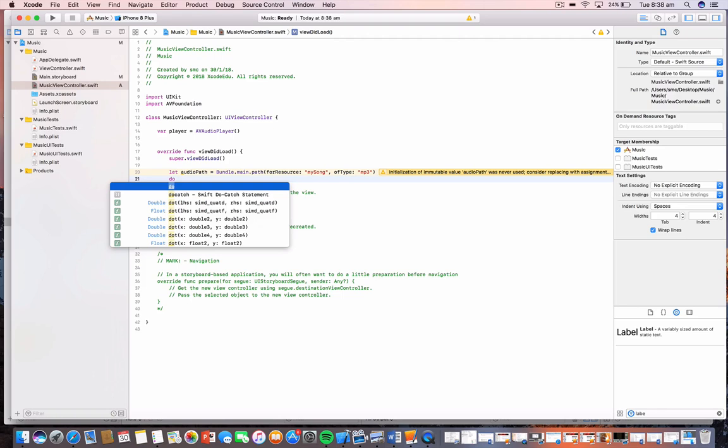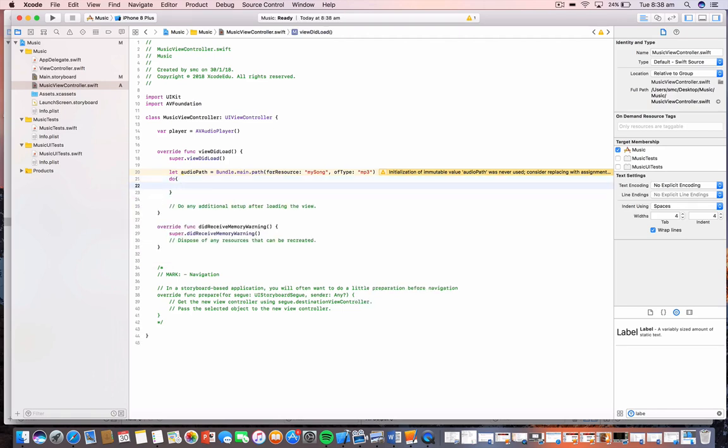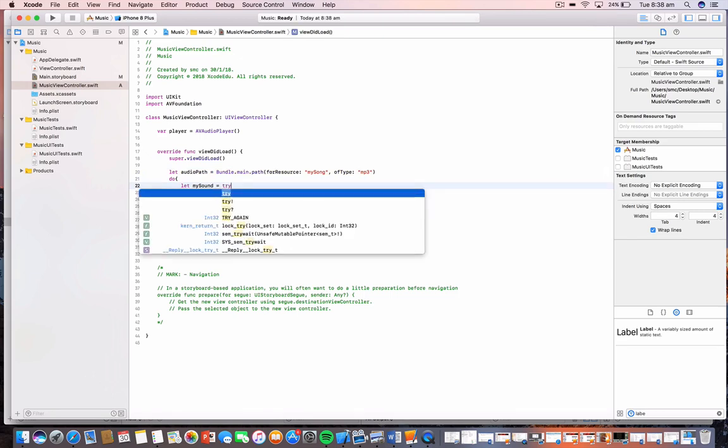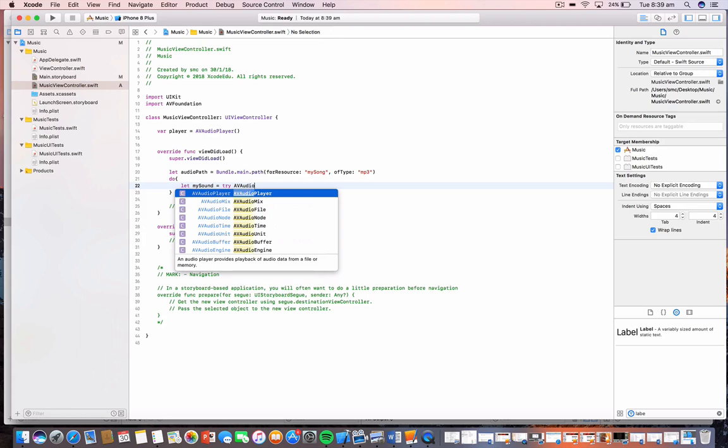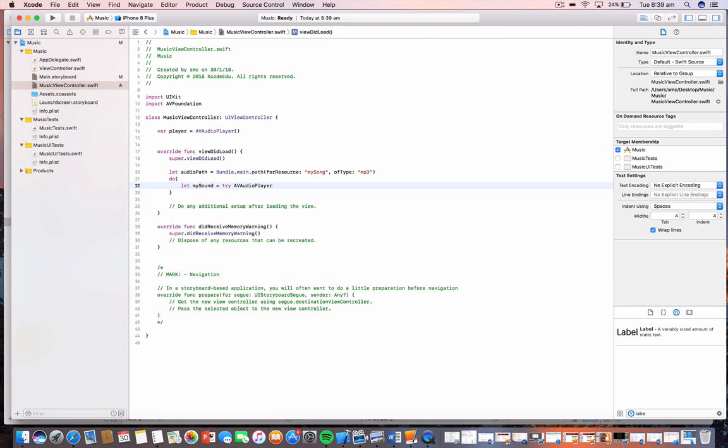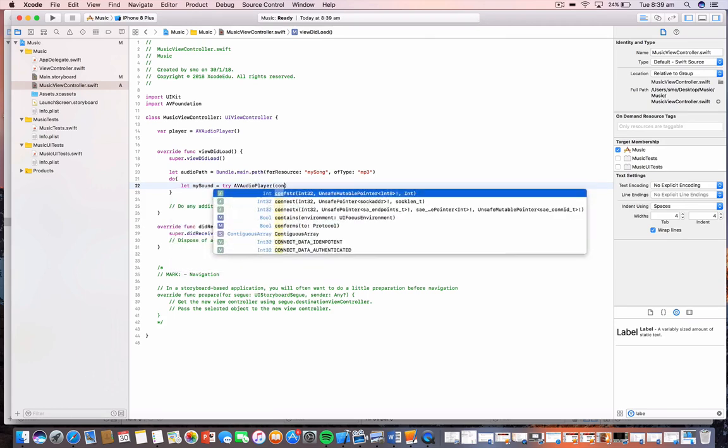So we're going to do a do loop, a do function. So we're going to go do let mySound, which is another instance we're creating, equal, and we're going to try. So this means that we're going to try and load something. It allows us to, if it doesn't work, have a catch function a bit later on. This is called a do catch. And we've got try, it's going to be AVAudioPlayer, contentsOf,